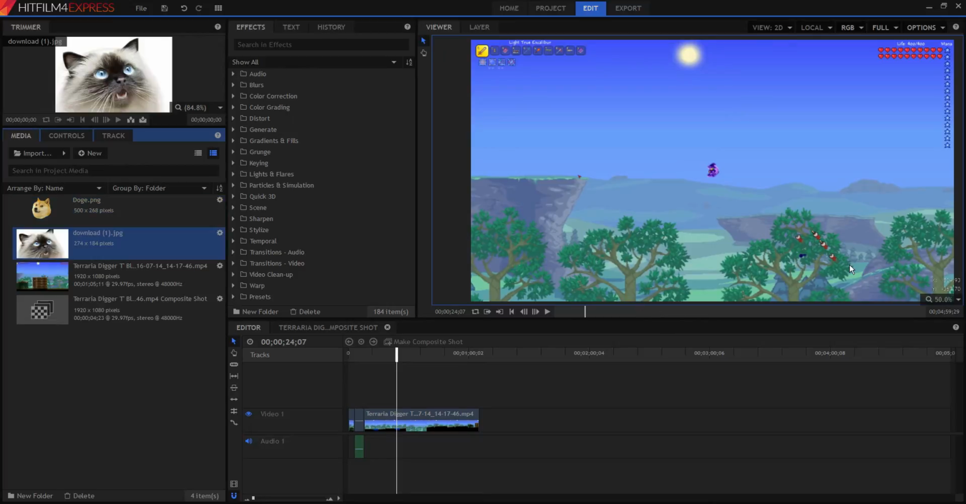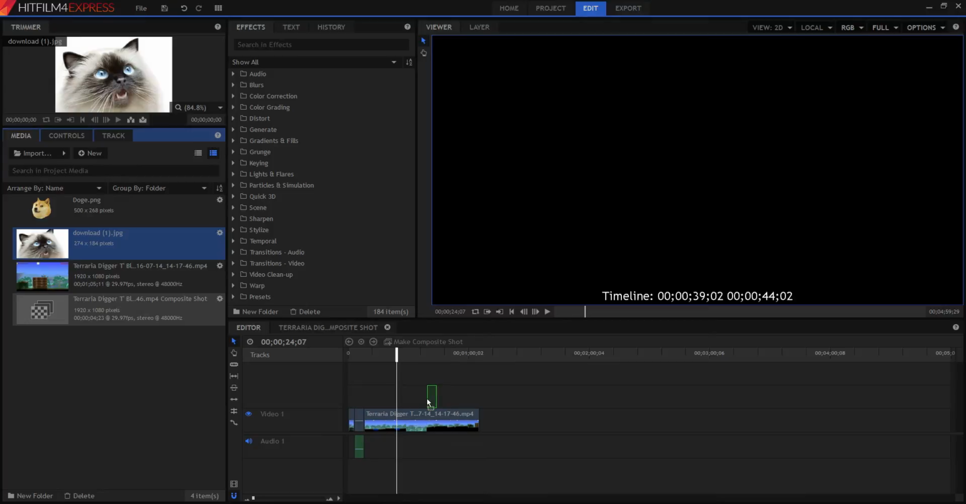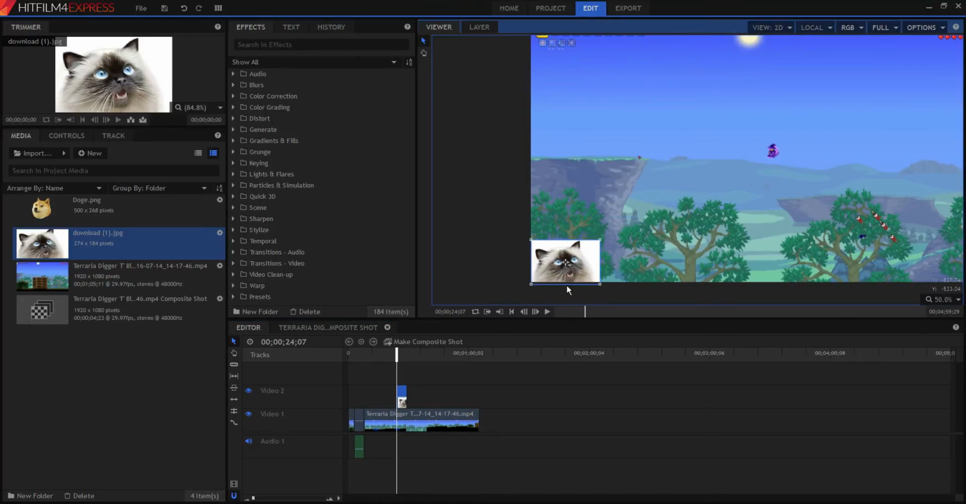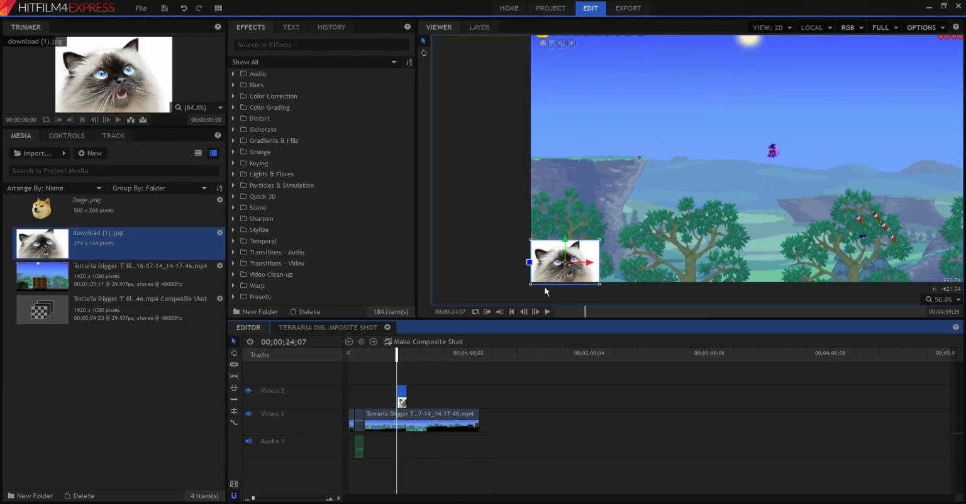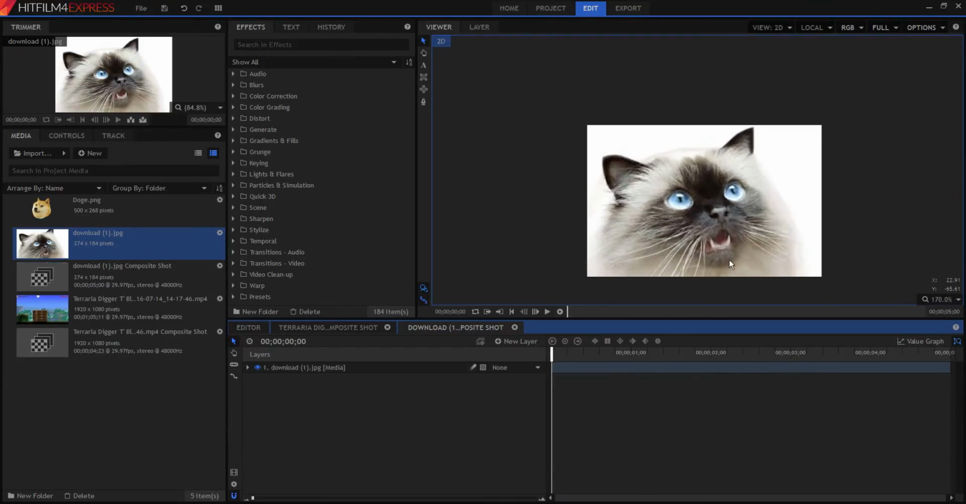Right, I've chosen this cat, so I'll drag the cat on and I'll just move it over here, and let's say I want it to pop up at this location at a certain time. So if I hit make composite shot and OK again, I'll just have the cat, and then